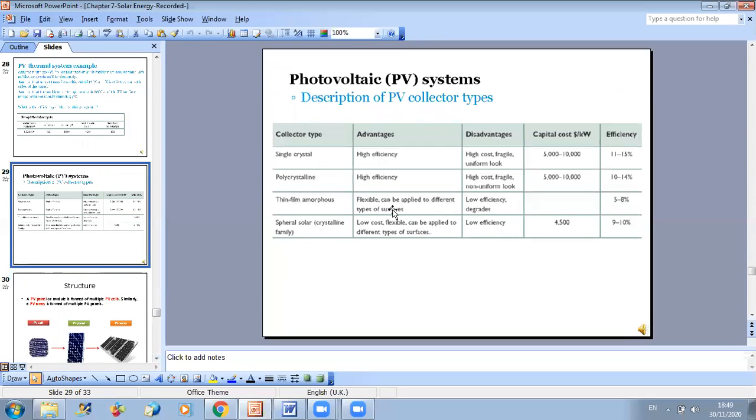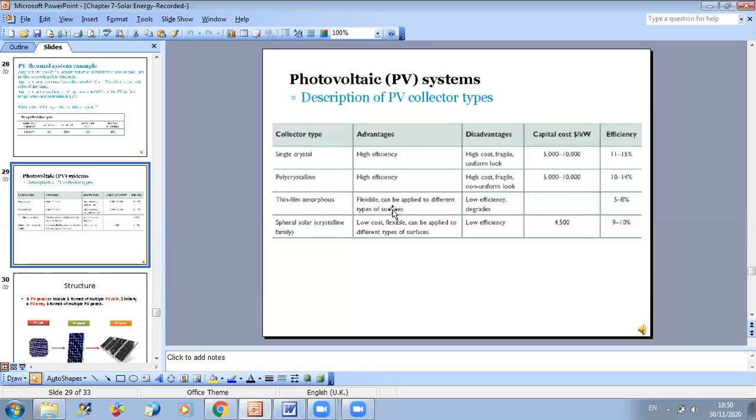Now, we have several types of photovoltaic systems. As your friends also introduced today, you can have several materials. You can have single crystal, polycrystalline, amorphous film. So you have several types, and depending on your application, you will choose the corresponding type. For example, single crystal has a very high efficiency, but the disadvantage is that it has a high cost. It can be corrupted easily, and the cost is nearly $5,000 to $10,000 per kilowatt,